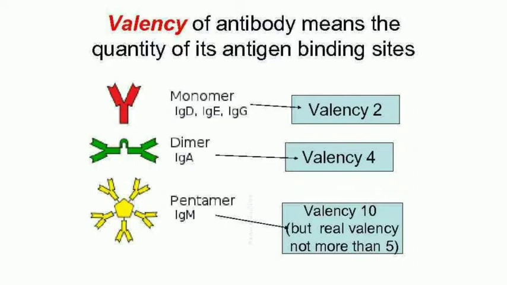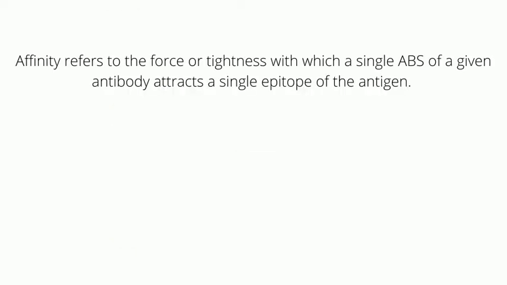Likewise, IgA and IgM, which are dimeric and pentameric respectively, are said to possess a valence of 4 and 10. Hence, valence simply means the number of binding sites which are available. Antigens are usually multivalent. Affinity refers to the force or tightness with which a single ABS of a given antibody